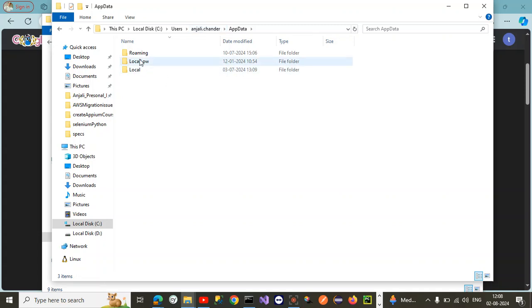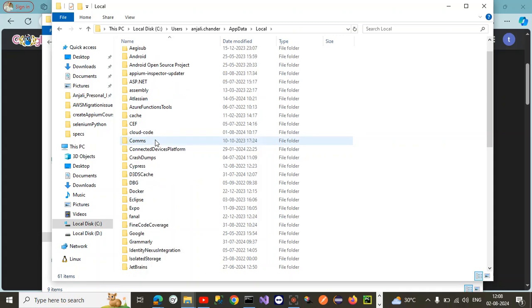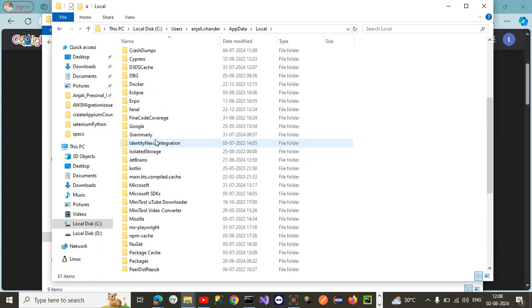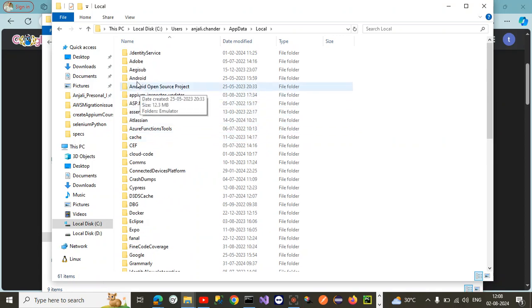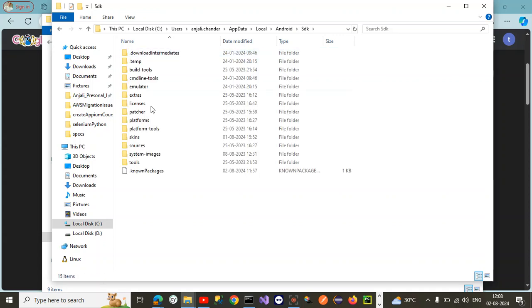Now click on local, then find the Android Studio folder. Okay, Android, something Android. Yeah, here it is. Then open SDK, then tools.